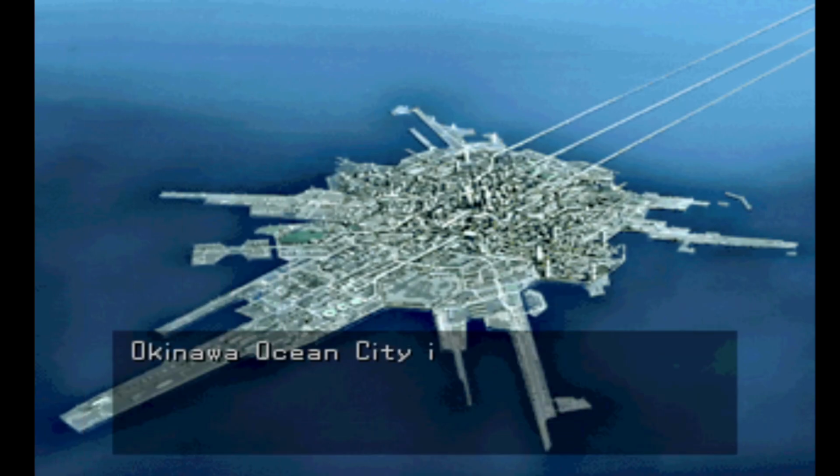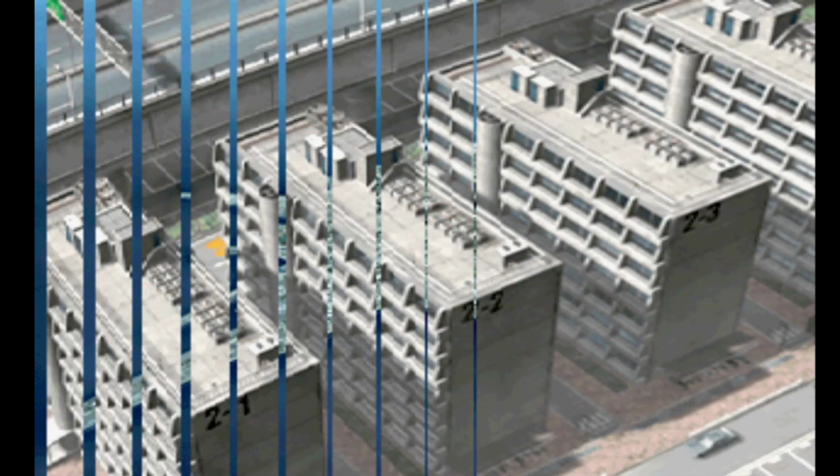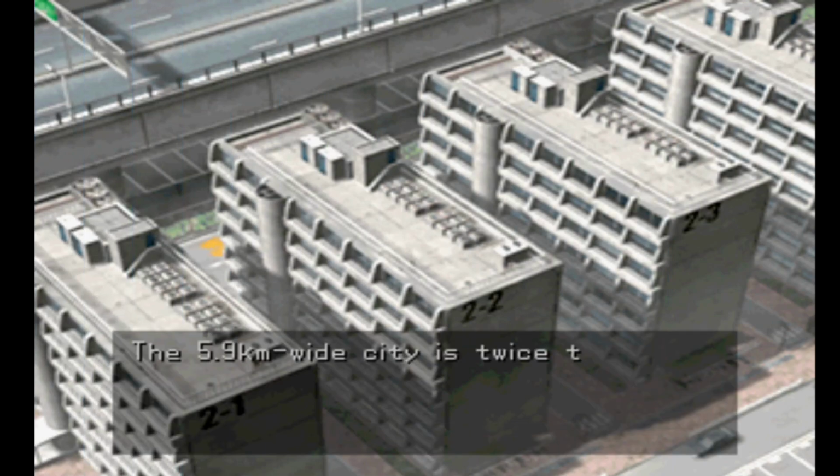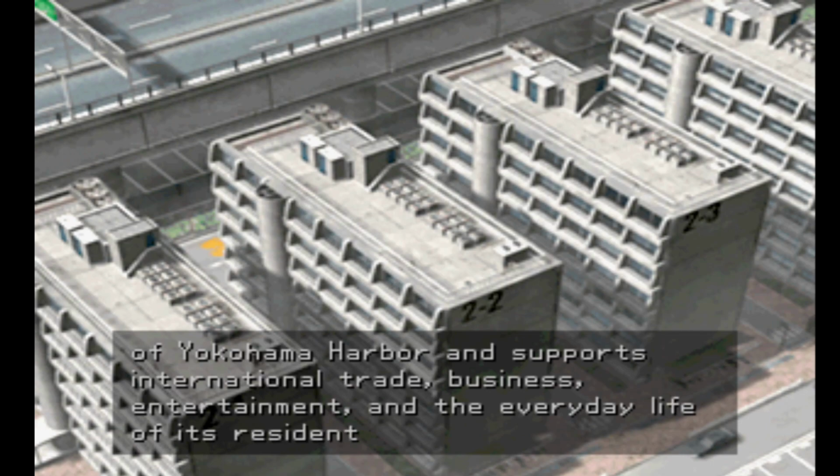Okinawa, several months later. 沖縄海洋都市は新世界貿易港を目指して作られた世界最大の人工島です。最大全長 5.9km の都市内には横浜港の実に2倍。 Yeah, so basically the game is originally in Japanese but with